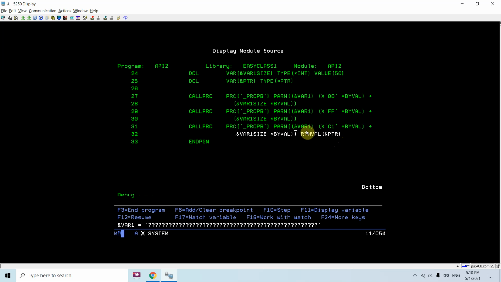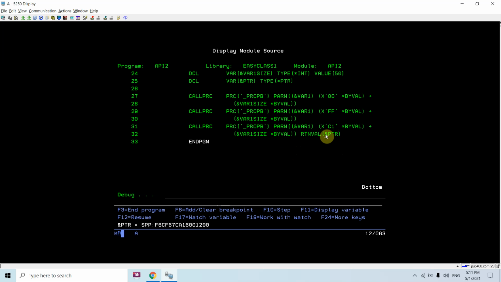So currently I am not seeing anything. Now once this is called, I can see a at all the positions of this variable 1. So basically we have propagated this source byte, that is a, till the size in the target string. So this size could be 20 or 30, anything less than or equal to 50, and we have retrieved the pointer.